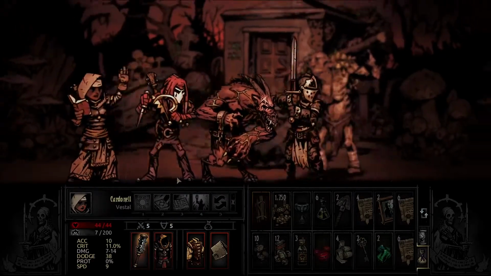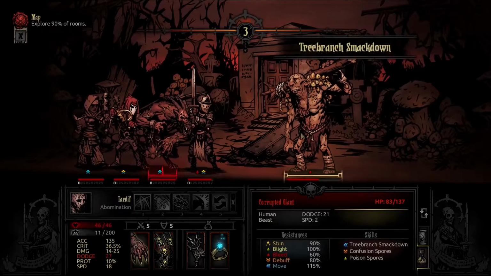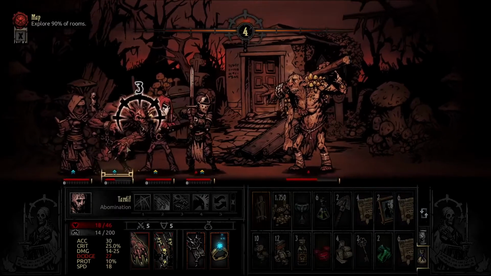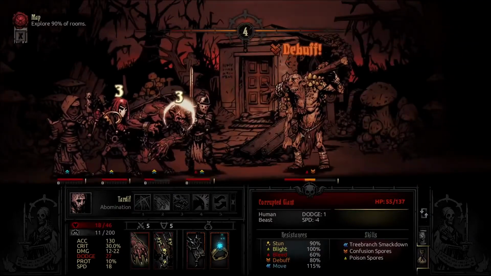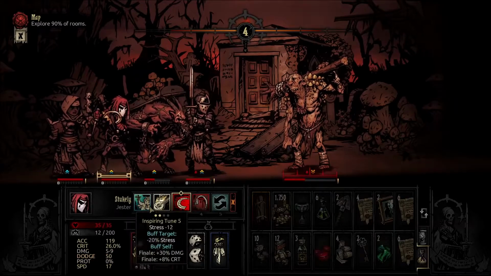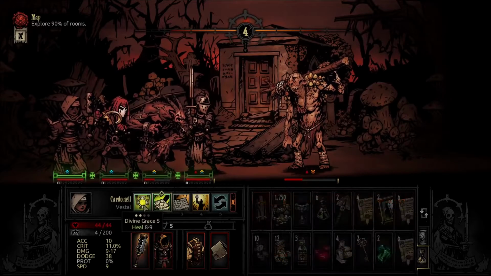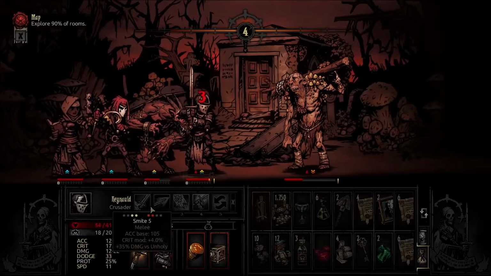Group heal. Yeah, I was afraid of that. Oh, we can still move you forward by utilizing the slam. That was a beautiful critical on your end. Let's say also a pretty damn nasty debuff for the dodge, although he doesn't really have that much of a dodge to speak of. He is a massive boy, so